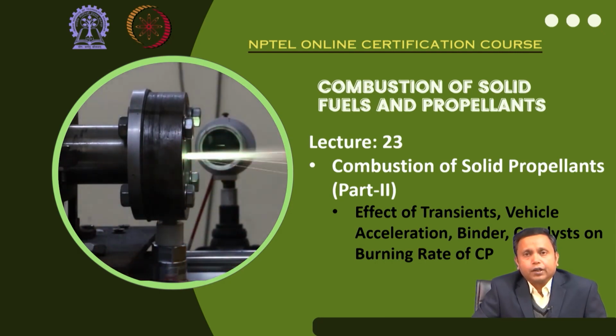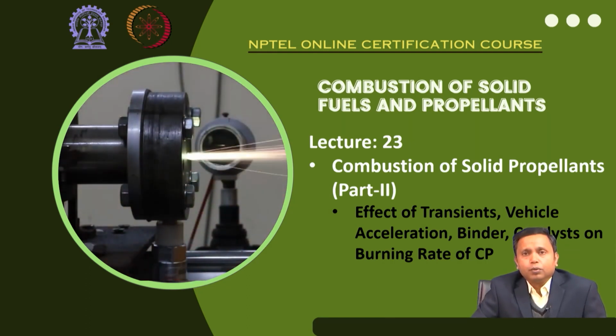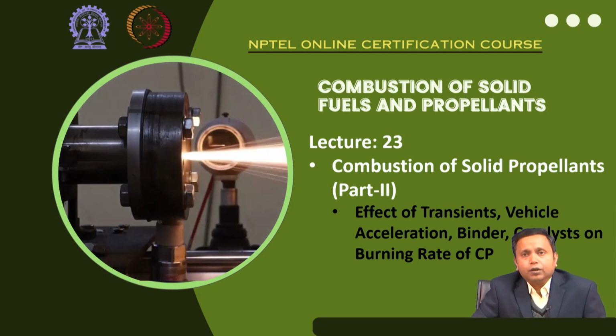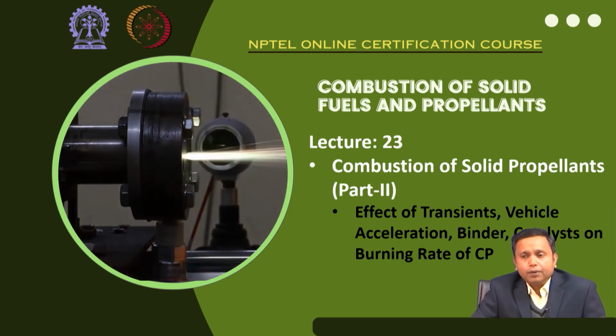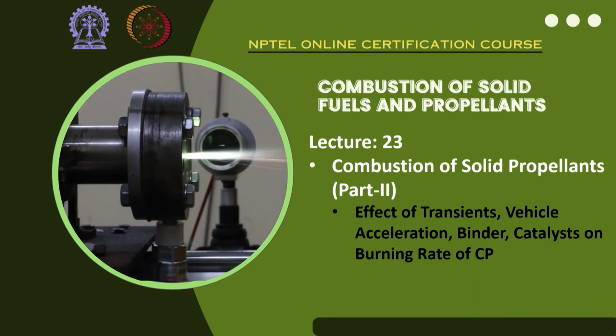For example, there are certain burn rate modifiers or catalysts which can enhance the burn rate, whereas there is a certain category of modifiers which can inhibit or decrease the burn rate. The modifiers which can increase the burn rate are like positive catalysts. The modifiers which decrease the burn rate are called negative catalysts. We will discuss how they influence the decomposition of ammonium perchlorate, or the overall burn rate of the propellants, in this lecture. So, let us quickly look at the